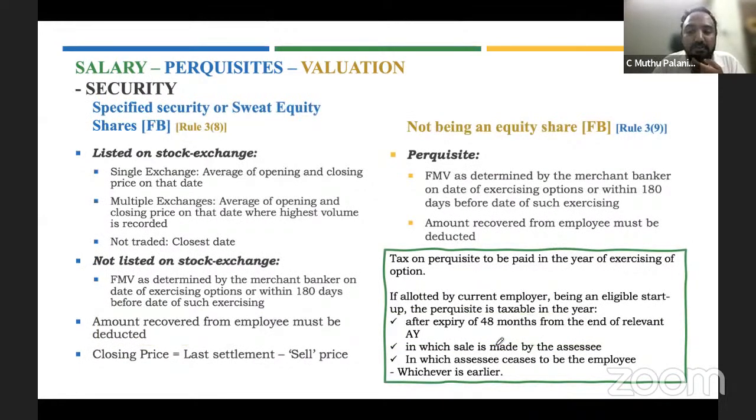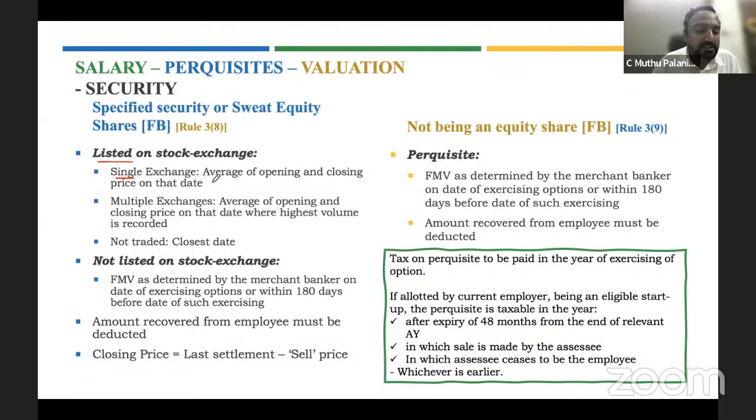Sweat equity share. It's related to ESOP, employee stock option plan. Sweat equity shares are the shares allotted to you for sweating, for doing extra in your organization. That is what is called sweat equity shares. If the shares allotted to you are listed on a stock exchange, and listed on only a single exchange, for example, Bombay Stock Exchange or National Stock Exchange,